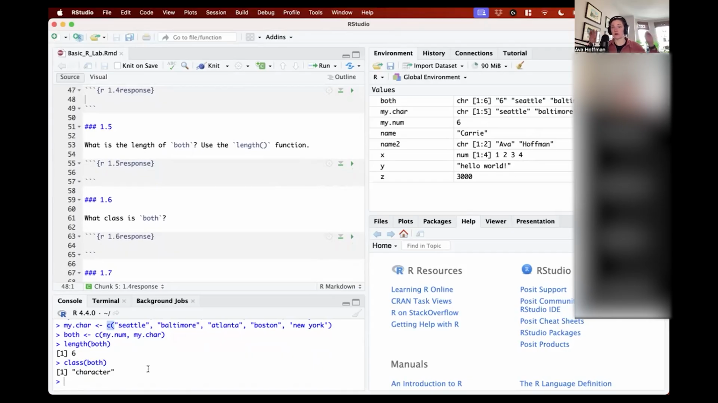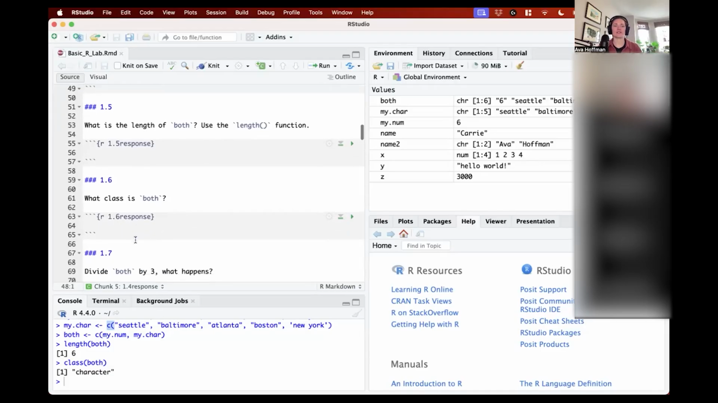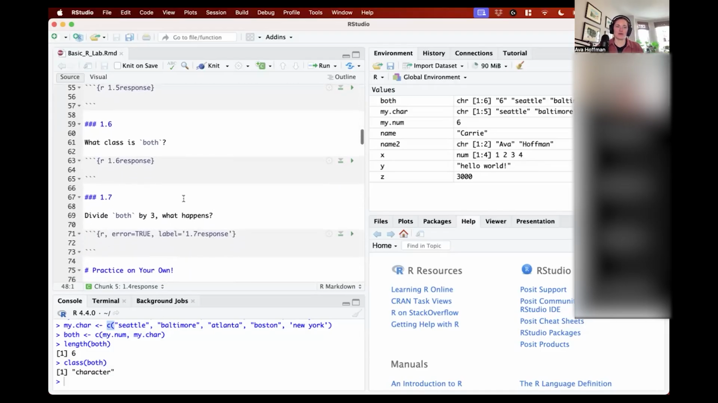And so if R gets both, it's going to just make it text, because you can make the number 1 text, but you can't make the city of Baltimore a number. It's a little hard to go the other way. So it's just going to make it all text, all character. And so then, if we try to take both, which is character, and we try to do some math on it,